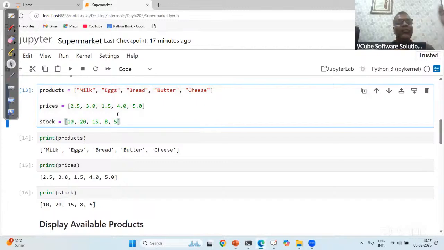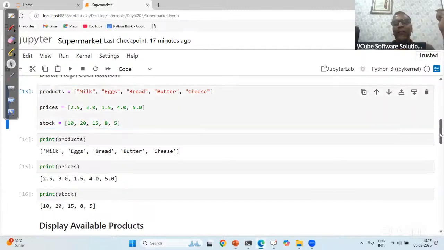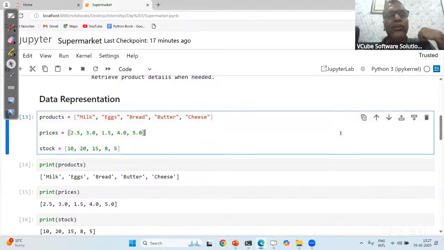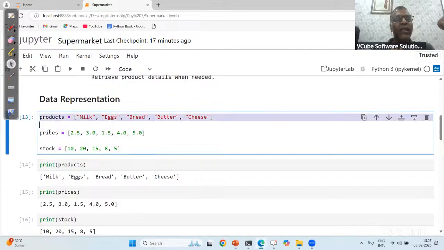Yes. I have taken the data representation because I am discussing the list data structure. I have taken three items, everything in terms of list objects. I hope everyone is okay. Yes. Now,